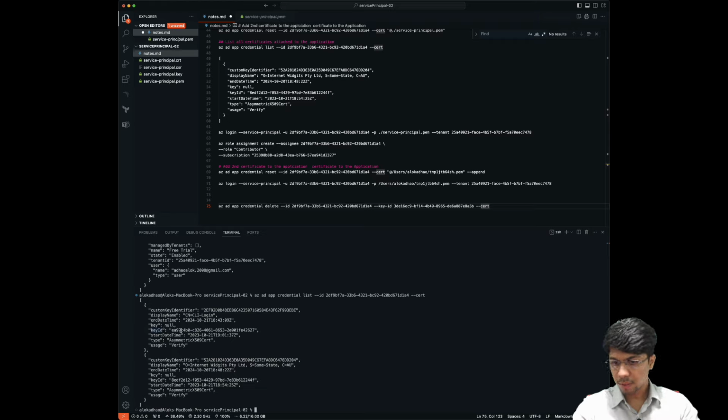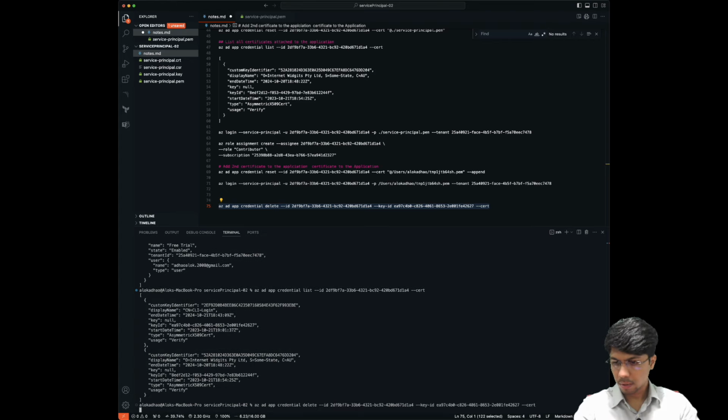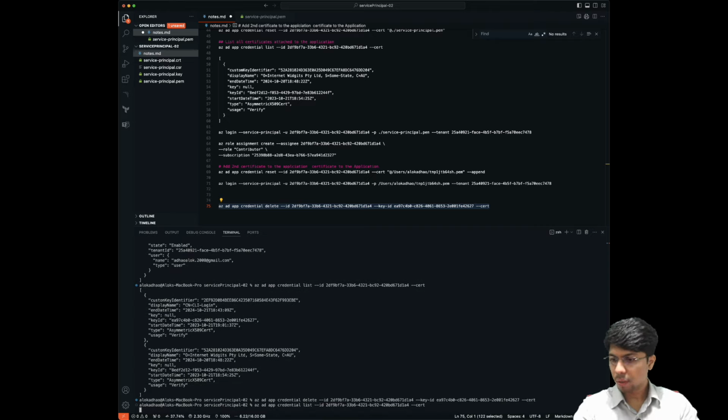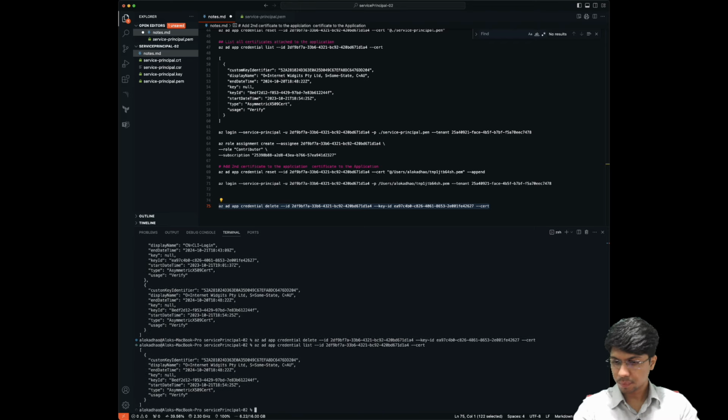First I'll try to delete this particular certificate and I'll give this key ID, and minus minus cert defines that I don't want to delete a password but a certificate. And if I delete this,